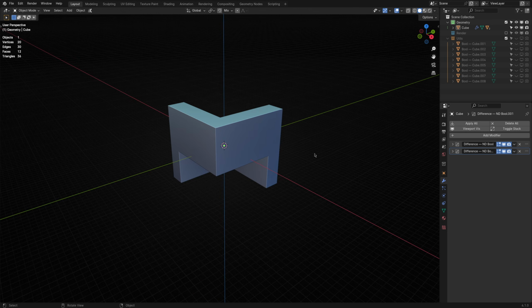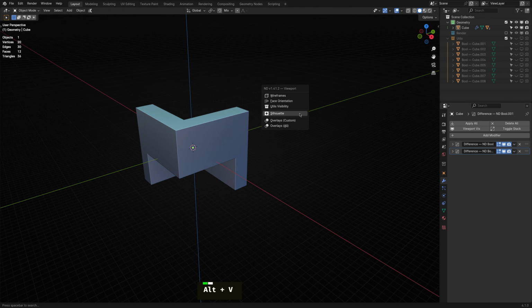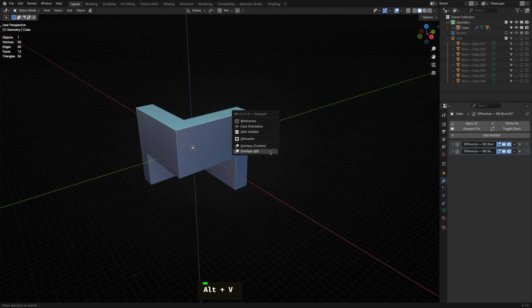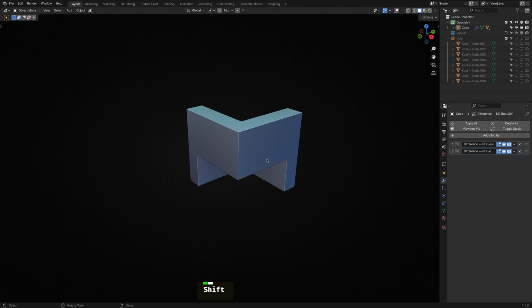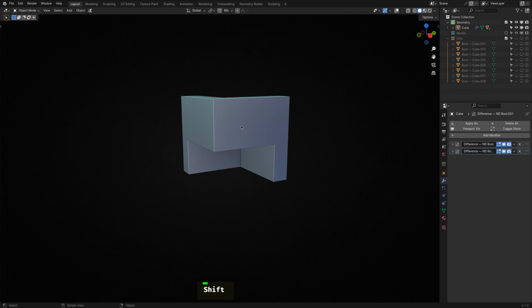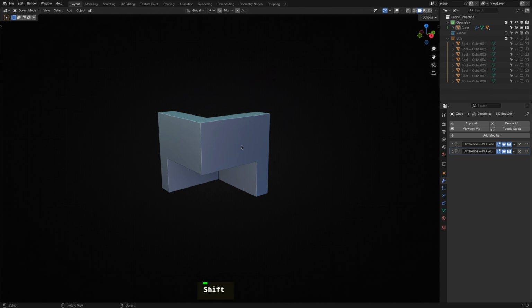Finally, let's take a look at our overlay toggles. This option has two variations, custom and all. Let's start with all. Choosing this operator will toggle all the viewport overlays, giving you a blank, distraction-free view of your object. I often run it during the modeling process to take a step back and inspect what I'm creating without all the additional visual noise in the viewport.